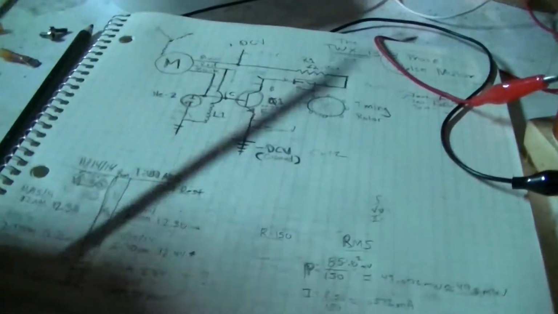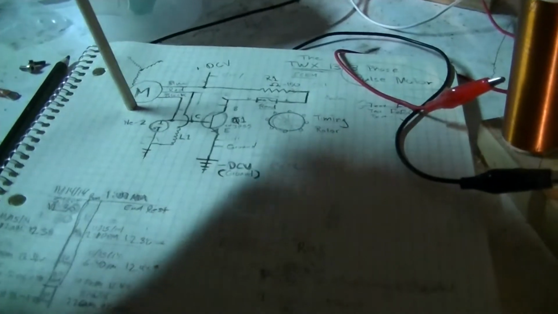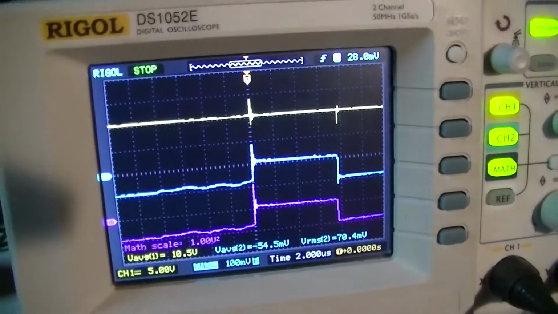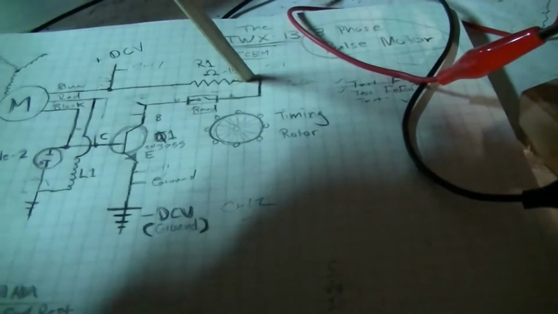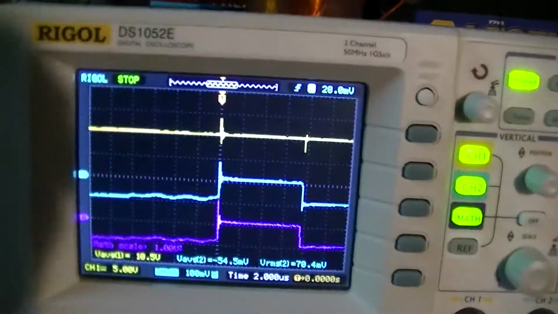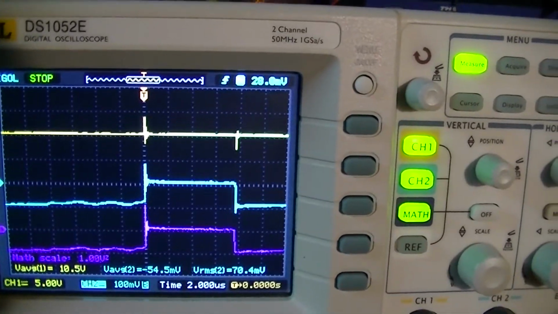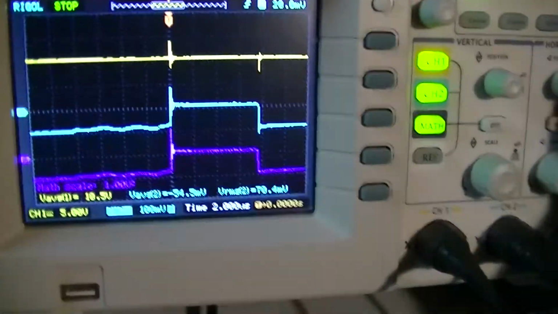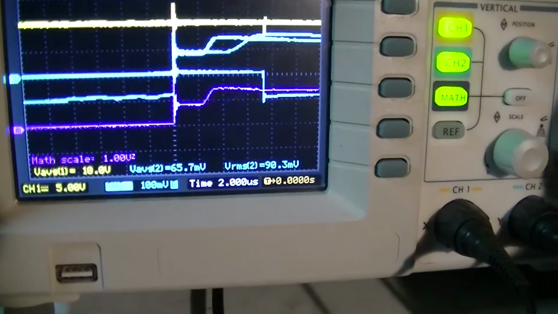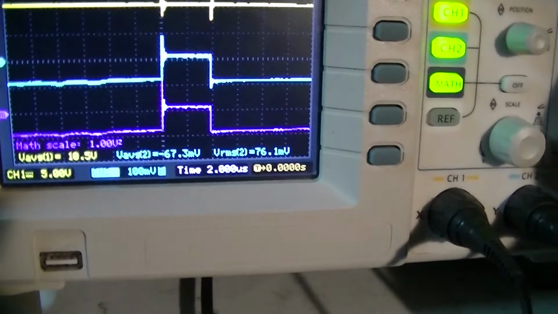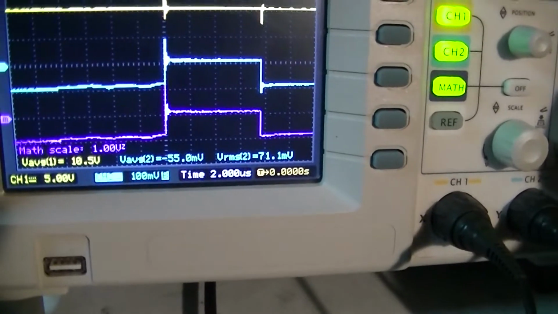So across the positive is our channel 1, okay, and across the resistor is our channel 2. So we can measure our voltage drop and do some calculations. And I took an average basically of about 80.6. It really dances around a lot, but it's kind of the best I came up to. And you can see the